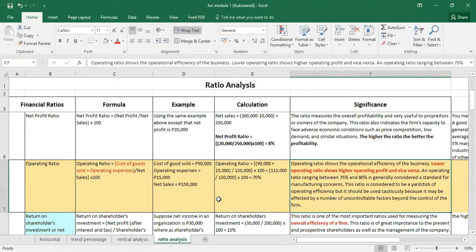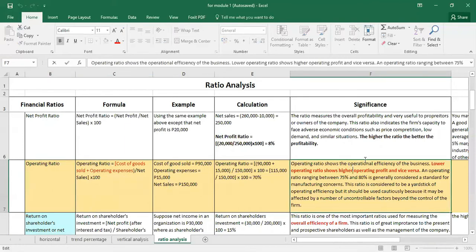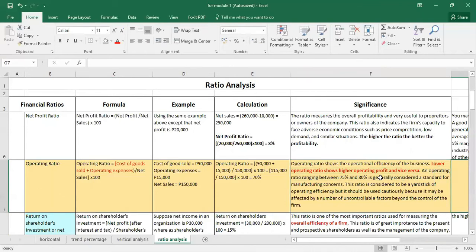Operating ratio shows the operational efficiency of the business. So, dito, kino-compute natin kung ano ba yung mga operational expenses na ini-incur ng isang business. So, lower operating ratio shows higher operating profit. So, it only means lang na kapag mababa yung nakuha mong operating ratio, ang reflect niyan ay mataas yung profit mo. So, kasi ang operating ratio natin ay kino-compute natin at inaalam natin yung mga operating expenses natin